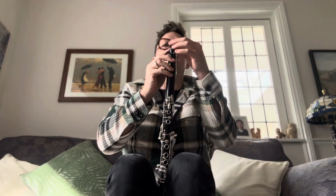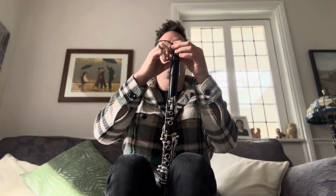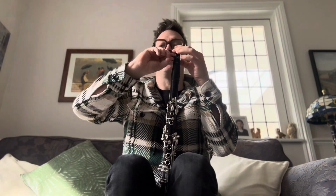What would be lovely from this exercise now is to get two reeds working exactly how I want. The idea is that you get five or ten reeds that all work together, that all work really well. You get one of those little blue cases that says 1 to 10, and then you rotate your reeds. That is the idea, and that is what I'd imagine a lot of professional players do. I don't, but...